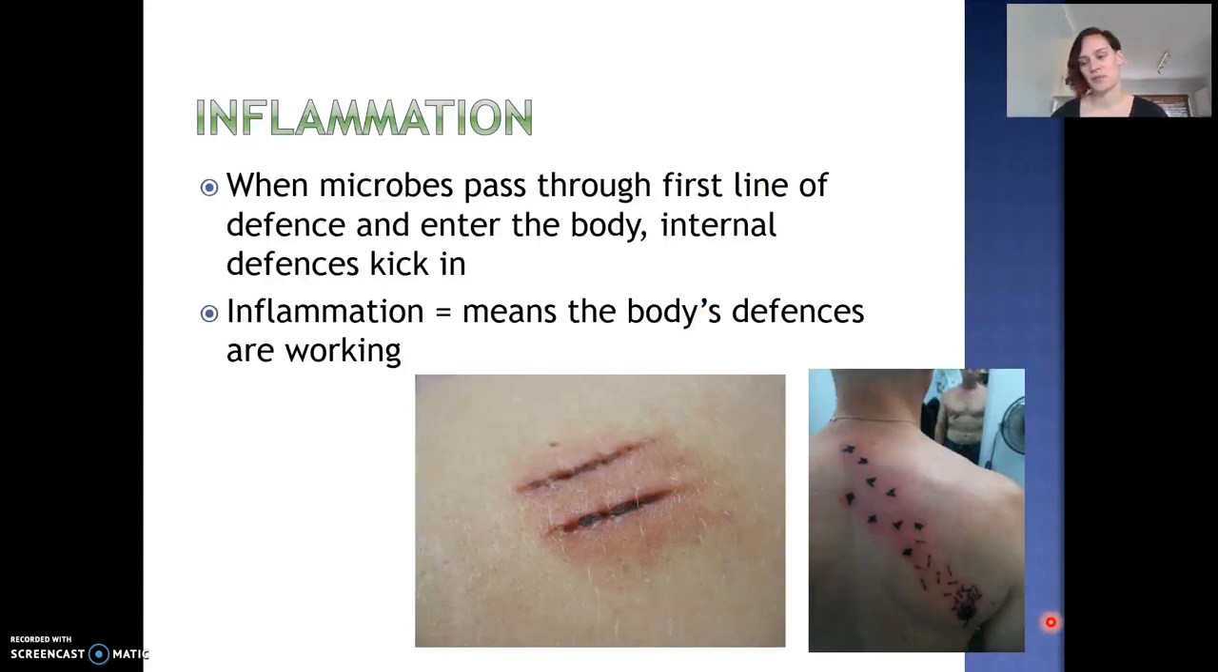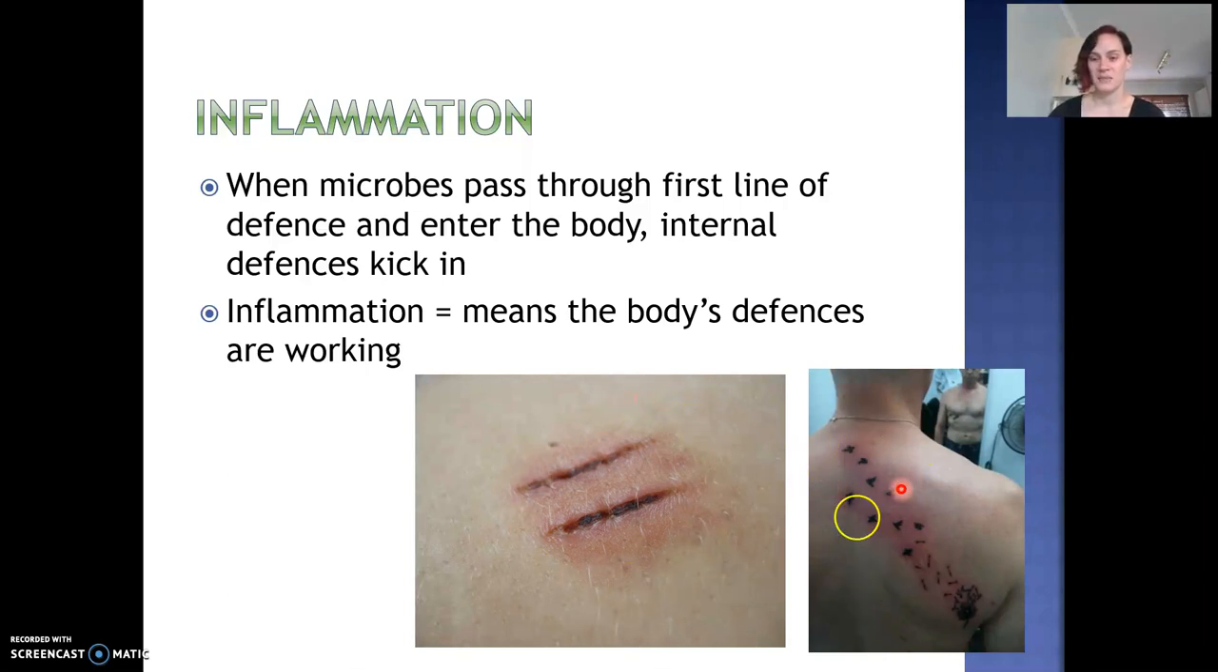Inflammation is our most important general non-specific line of defense. When microbes pass through our first line, our physical and chemical ones, our internal ones have to kick in. Okay, inflammation does appear, and it means the body's defenses are working. So in this case, just a little scratch, and you can see immediately that there's some signs there that inflammation